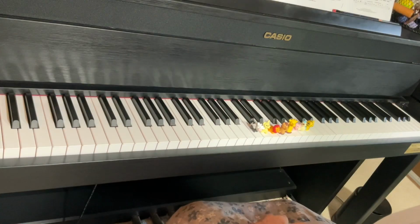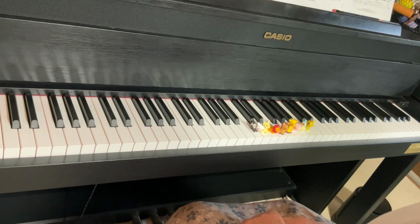In this video, we'll go over the D major scale, the right hand fingering, the left hand fingering, and how to play it hands together. Let's get going. In this video, we're going to demonstrate the D major scale, but first I would like to